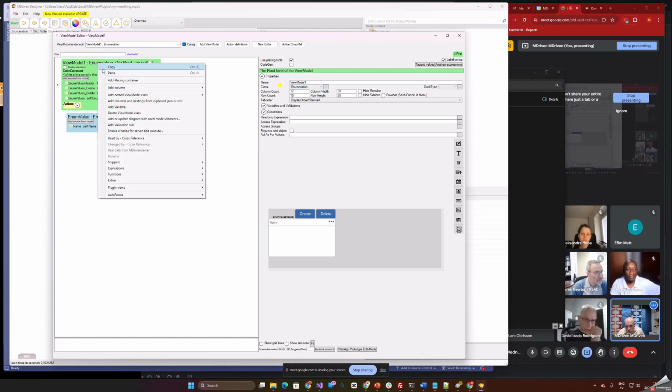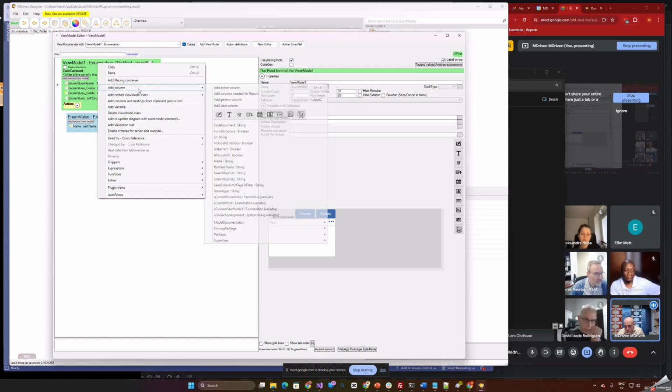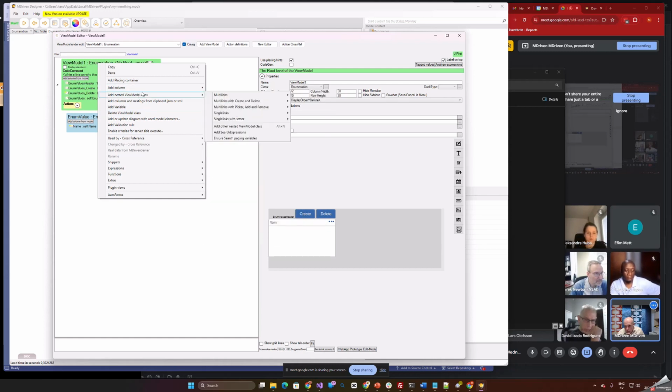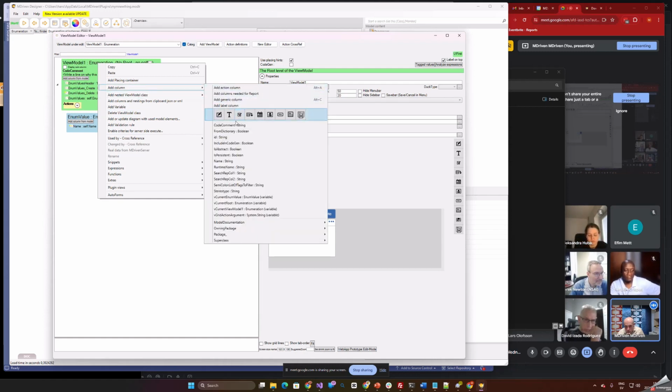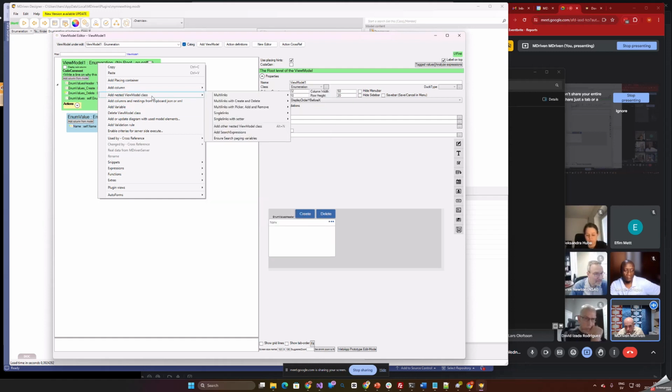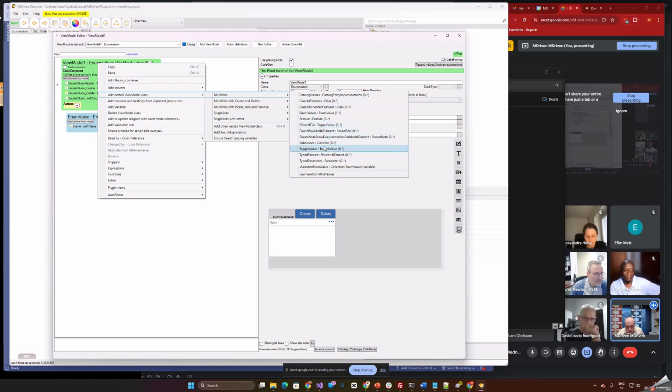Why isn't that UI first, right? You can just get the whole thing from UI first. Yeah. So I was curious to add column. No, add nested multi-link, and I want